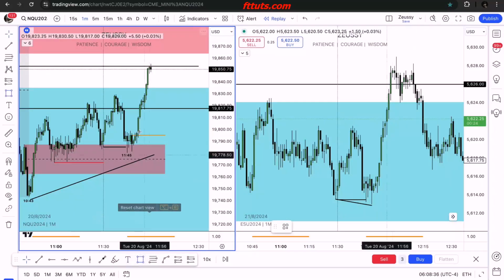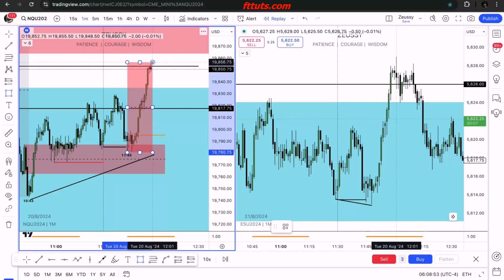How many minutes did it take for the market to reprice from this low to this target? Let's take a look. At exactly 11:45, we formed this low, and at exactly 12 o'clock, we took out the high. That was the drawn liquidity. That means within 15 minutes, the market delivered from this low to this high. You tell me,